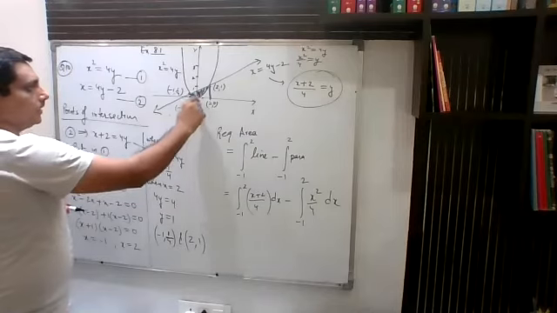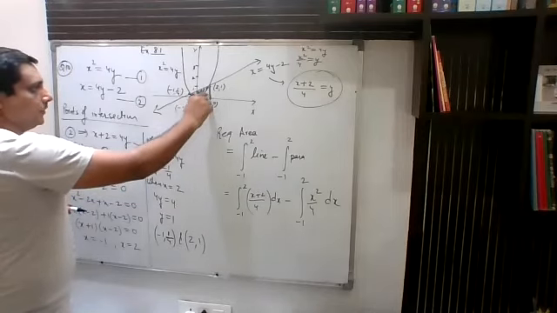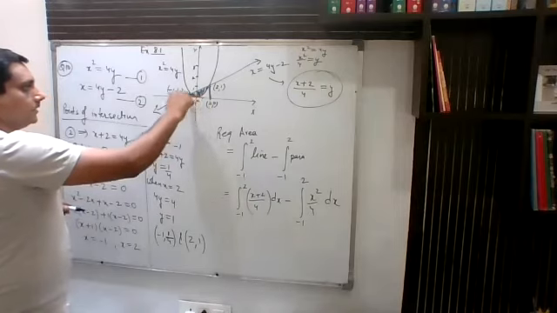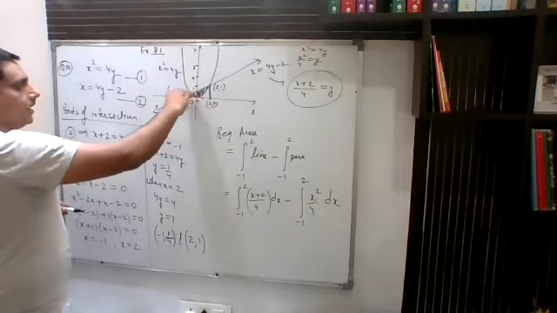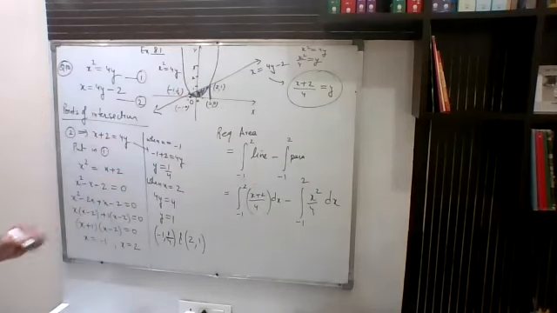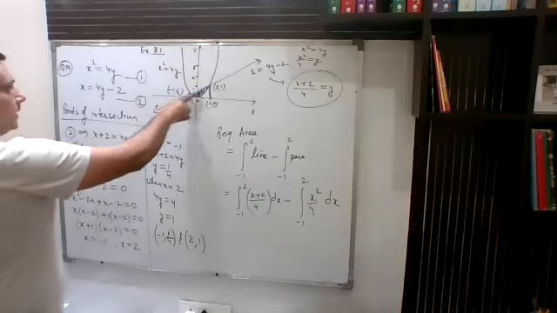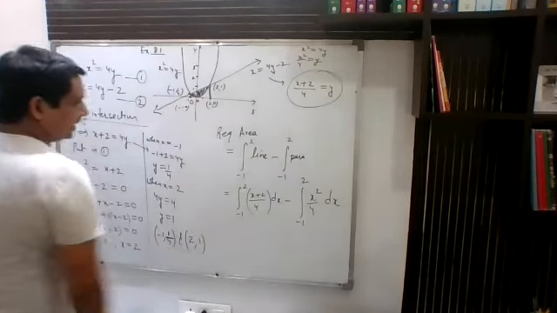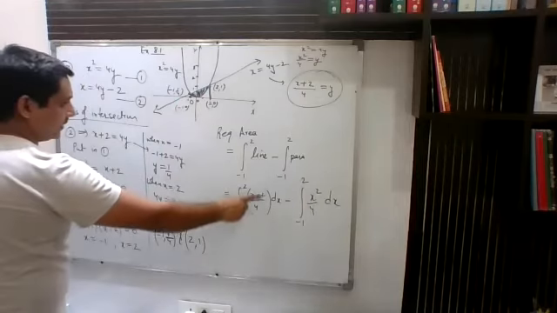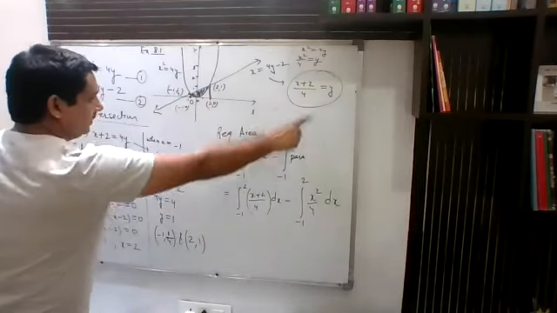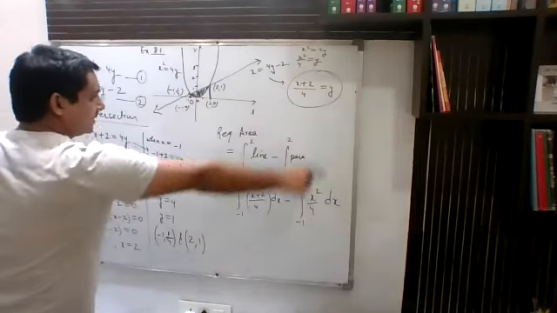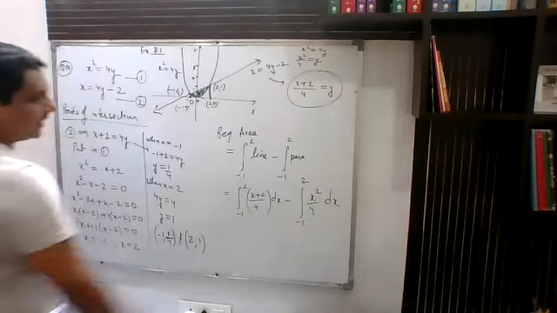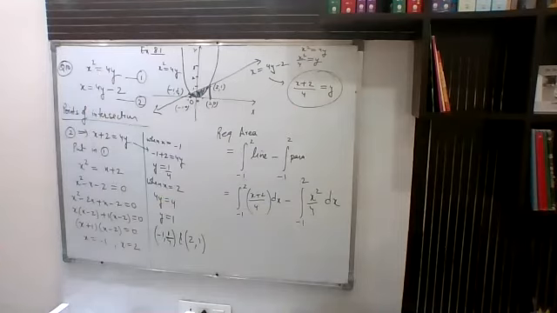That is why we are taking the -1 to 2 area under the parabola. When you integrate this parabola, you will get this lower area. So obviously upper minus lower will give you the required answer. Upper is the line and lower is the parabola. When you subtract these two, you will get the required answer. I have substituted the value of y for the line and for the parabola also. After that, it's a matter of simple integration. So let us integrate this and get the final answer.